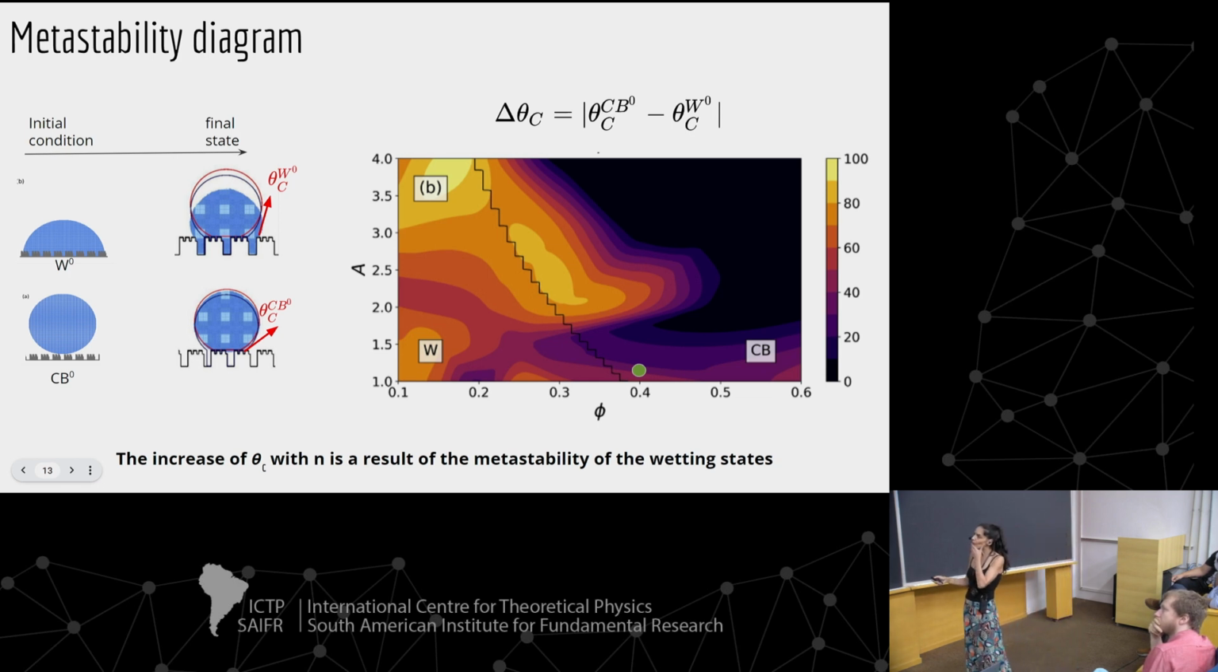So actually, what this work shows is that the increase of theta c with the N, which is in this case the hierarchical level of the surface, is not a result of the thermodynamics, but is the fact that those wetting states are metastable. Very likely in nature, the reason why the surfaces are hydrophobic is because the states are metastable,